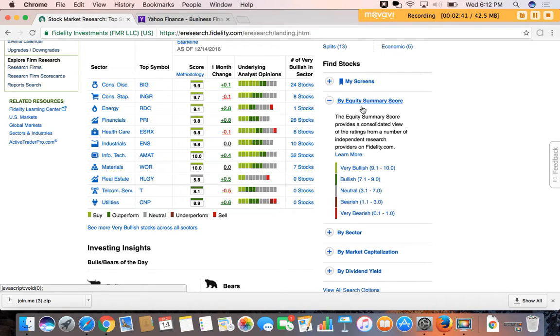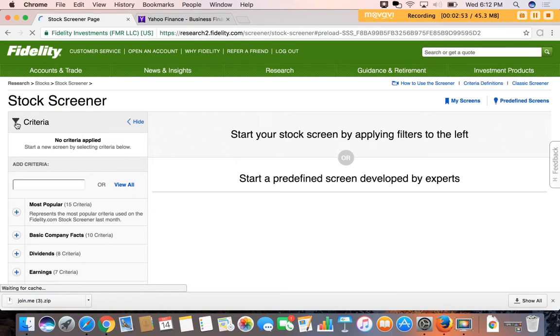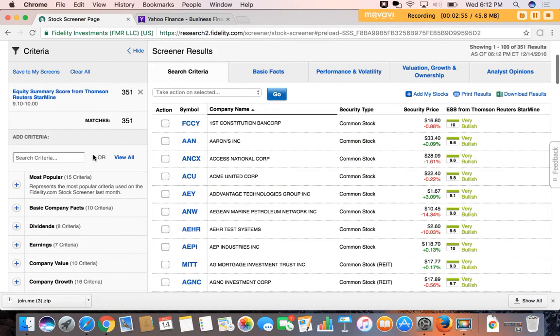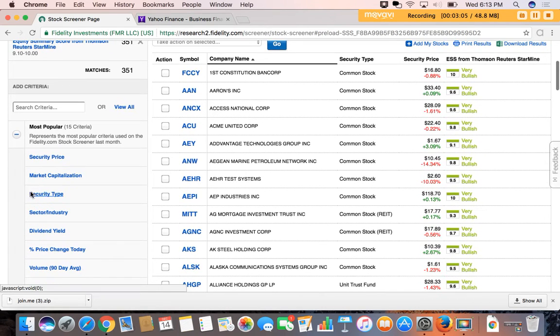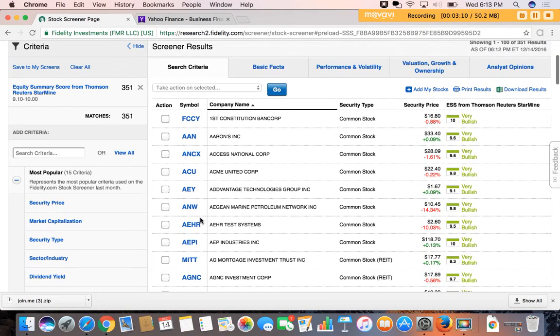But they do have the equity summary score, which is pretty cool. So you can see stocks that are very bullish, neutral, bearish, and very bearish. If I click on very bullish, this will allow me to set up and basically screen these down. So you get a whole list, but then I can go down to these areas here and filter them out. I can see by security price, market cap, and just zone in and target them down. So it's actually a pretty good screener to see some more of the fundamental analysis behind a